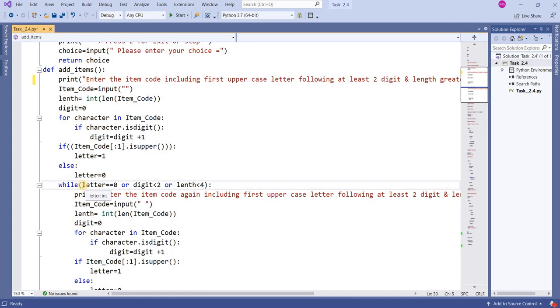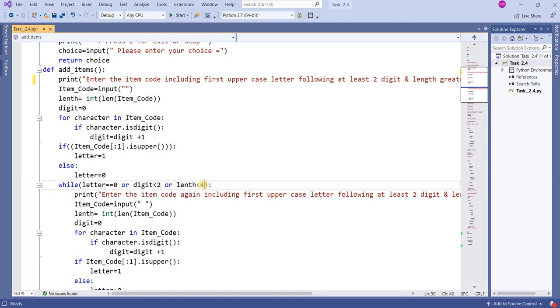What I am checking is while letter equal to 0, if you do not give me a capital letter at the beginning, or digit should be less than 2. I told you at least 2 digits. If it is 1, meaning 0 digits or 1 digit, this condition will be true.